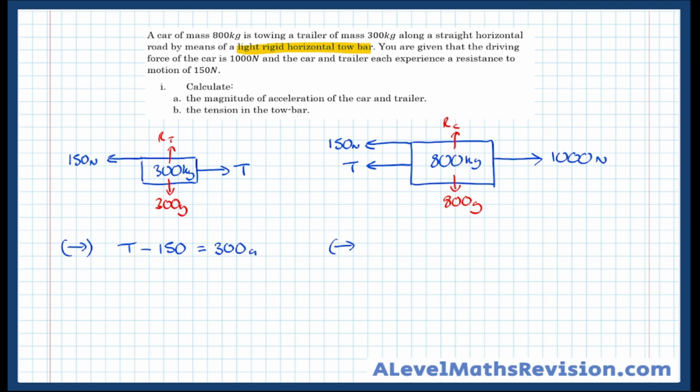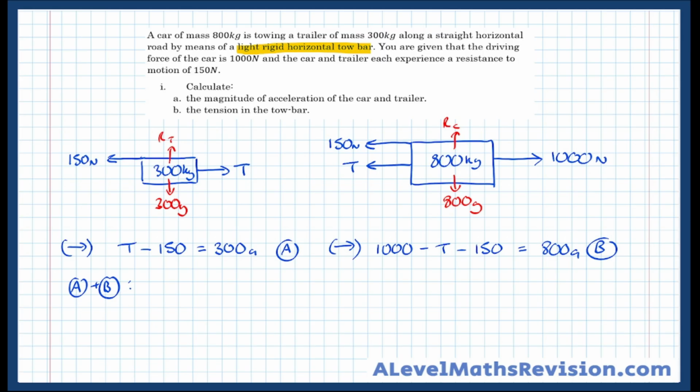If I do exactly the same for the car, all the forces in the positive direction take all the forces in the negative direction equals mass, which is 800, times acceleration. And there I have it. I've got two equations now, which I'm going to call A and B. Now, because I've done it this way, with the direction of motion being positive, if I add the equations together to solve them, it will eliminate the tension, and that will happen every time, provided you make the positive direction